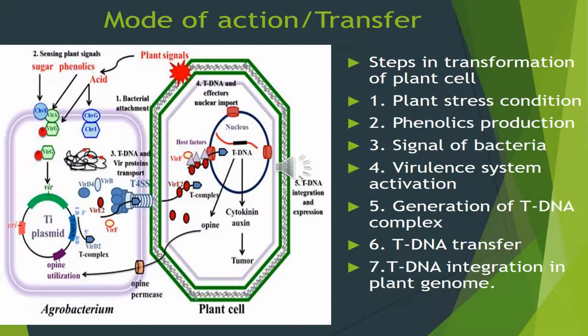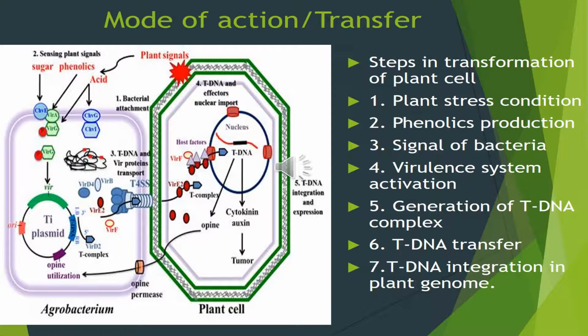That is, the phenolic compound will serve as a ligand for the receptor. The VirA and VirG act as a receptor and the acetosyringone compound will act as a ligand. Now, the VirA and VirG genes are expressed continuously inside the Agrobacterium and serve as a receptor for the phenolic compound.